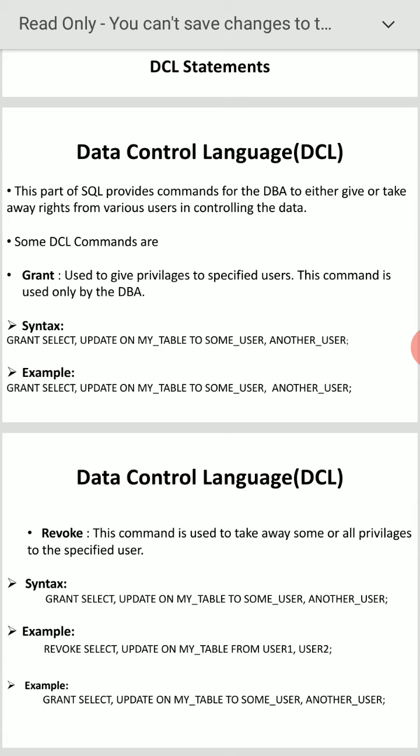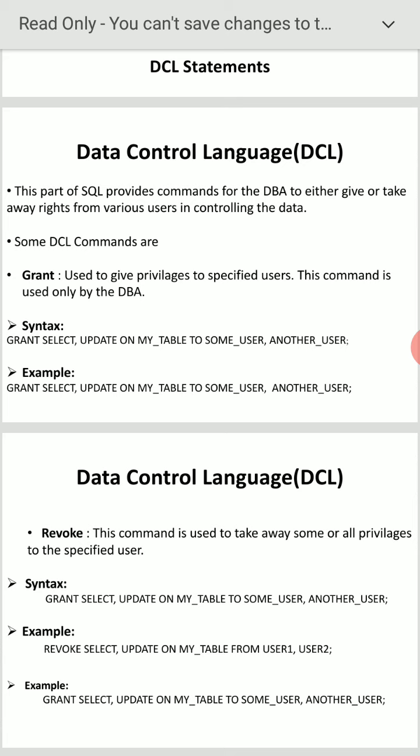You see the syntax here: revoke privilege name on object name from user name, public, role name. Here, for accessing there are mainly two types, public and private. If it is private, only a specific user has the permission to use the database.